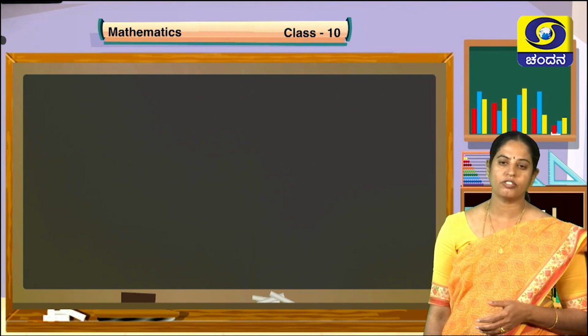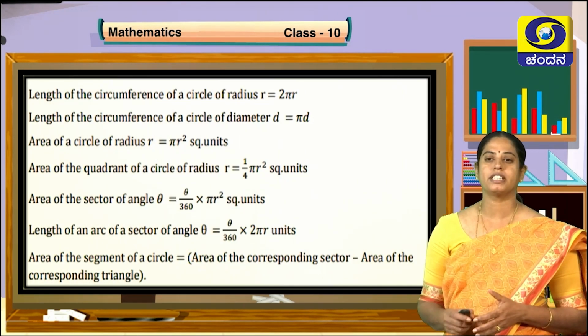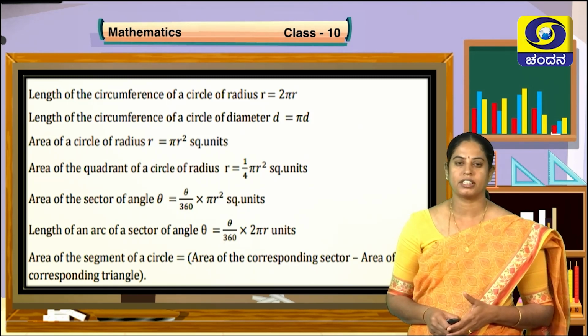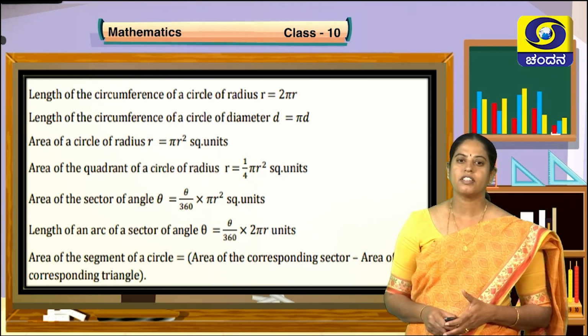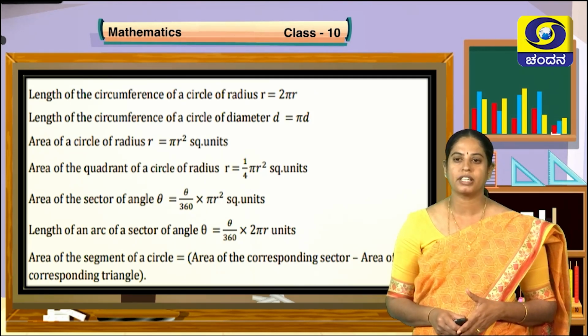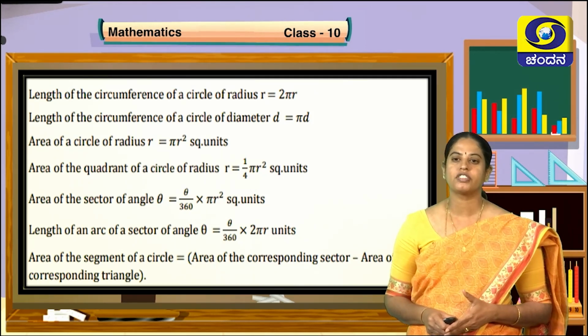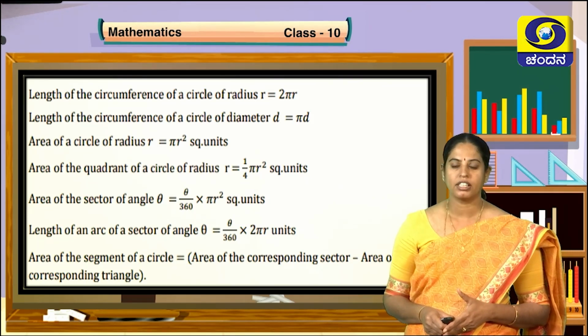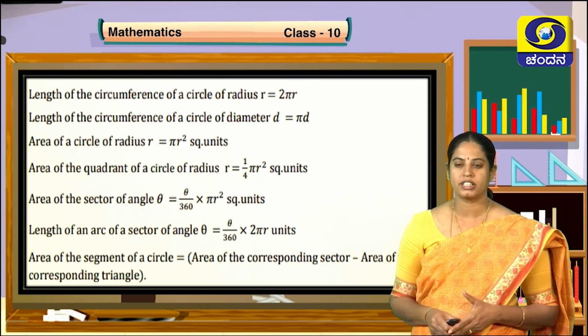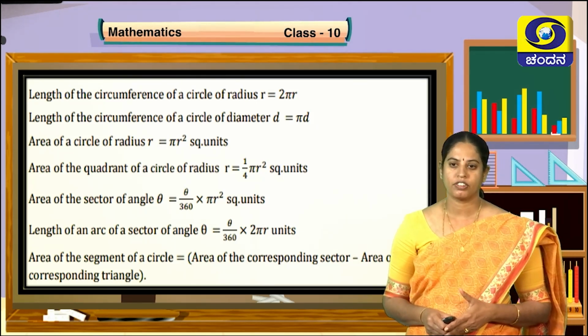For that reason, once again I am recalling what are all the formulas that we have learnt in these sessions, children. So first one, the length of the circumference of the circle of radius r equals 2 pi r. You make a note of this one or the list of the formulas in a sheet and paste where you sit for reading, and daily you recall once, so that you will remember all these formulas, children.